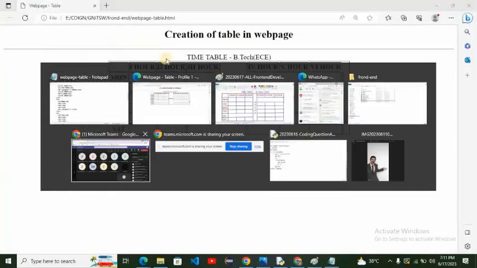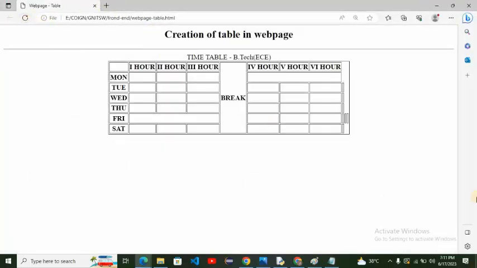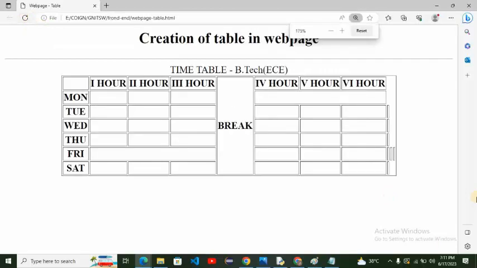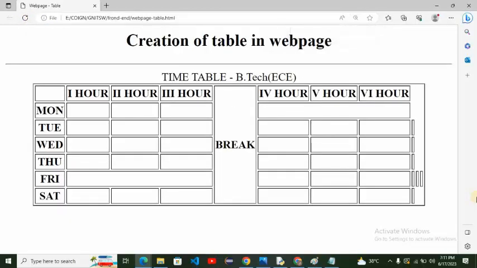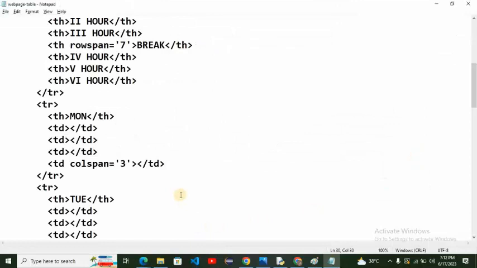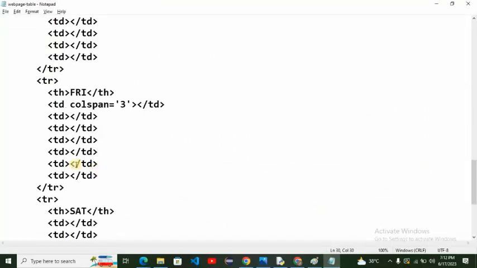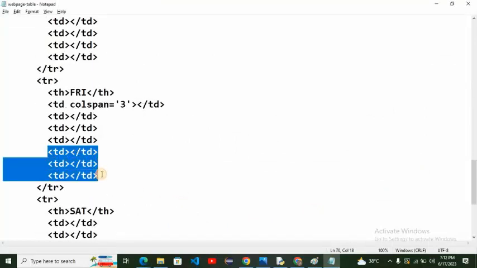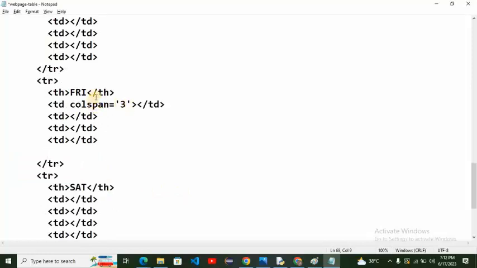And here, according to the picture, in Friday I want to merge the first three things. In Friday, we need to go to Friday. Here, for the first three things, I want to give colspan equals 3. Okay, so I'm combining all these three cells together as a single one. Now we can observe that